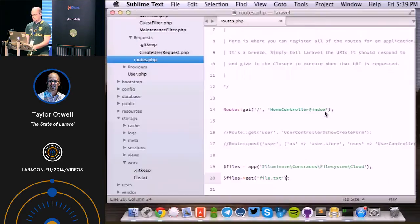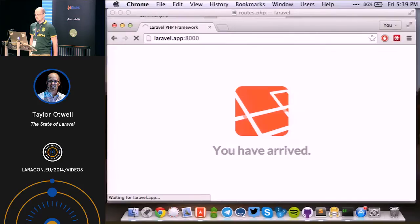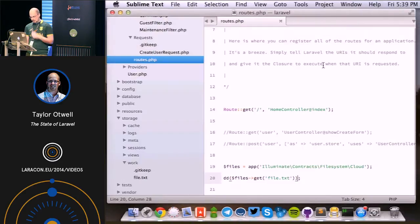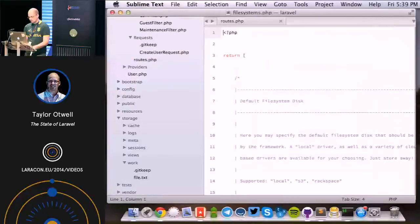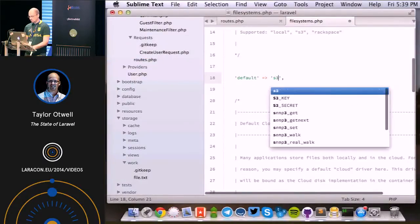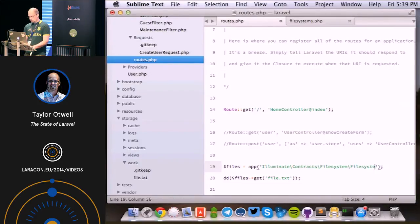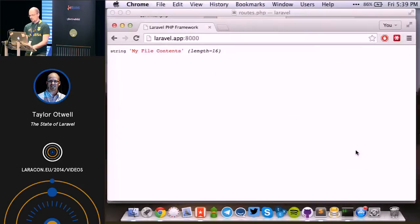I got to actually show you. Second time's a charm here. All right, so we pulled it from S3, just like that, just by changing that contract. Now, what you could do is in your file system configuration file, you could actually set your default to be S3 as well as your cloud. And that way, just file system in general would always give you S3 without having to worry about the cloud